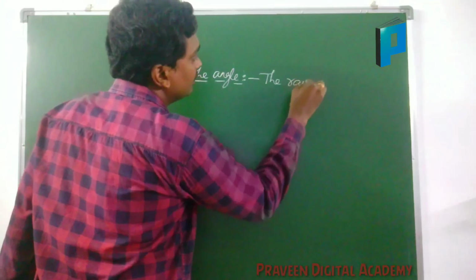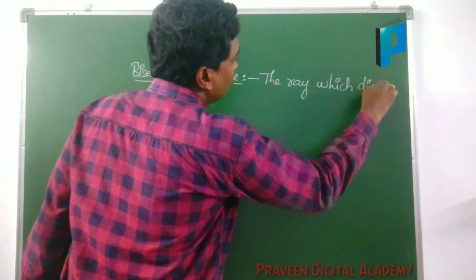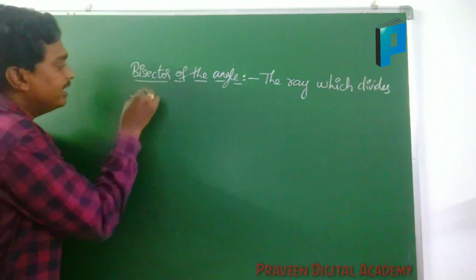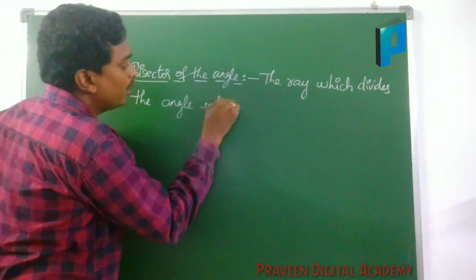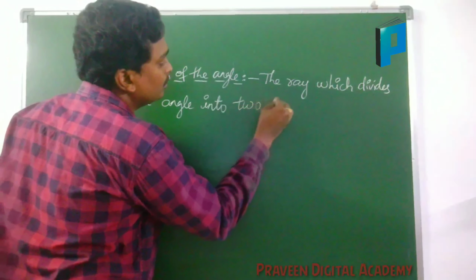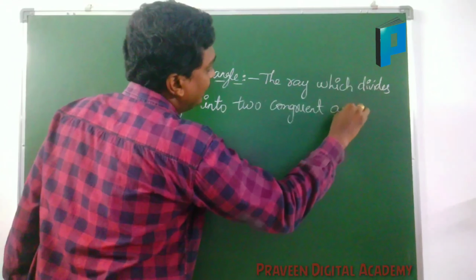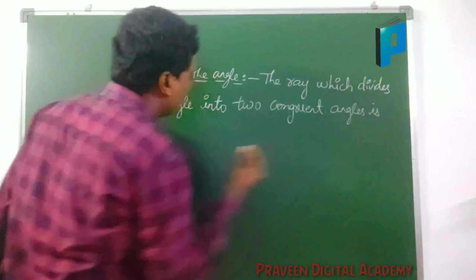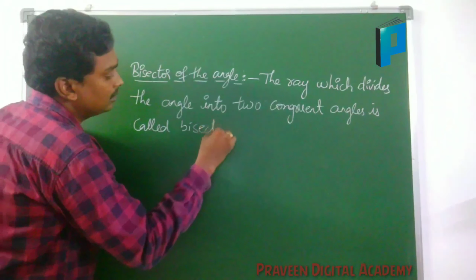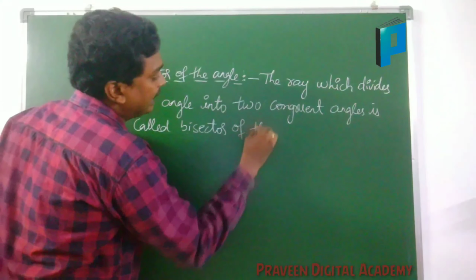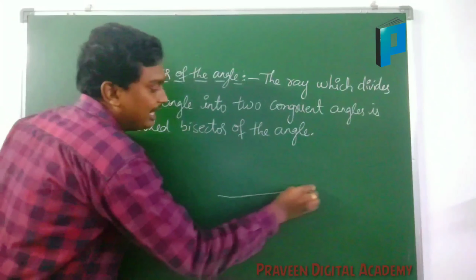The ray which divides the angle into two congruent angles is called the bisector of the angle. Here, if you are having an angle like this,